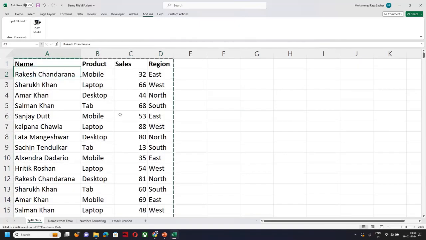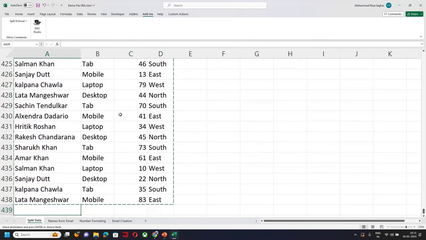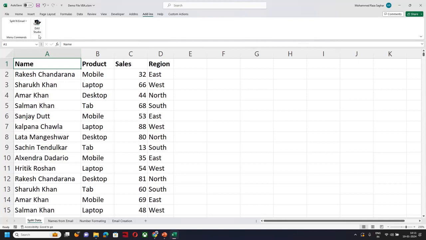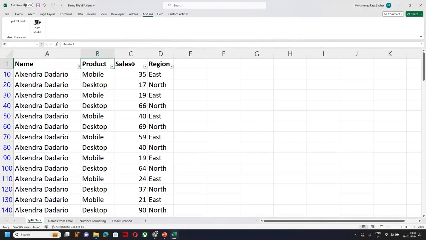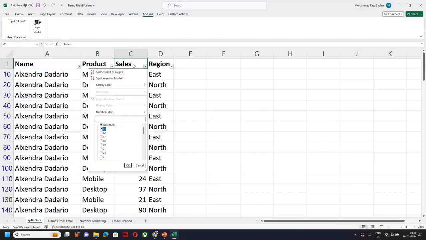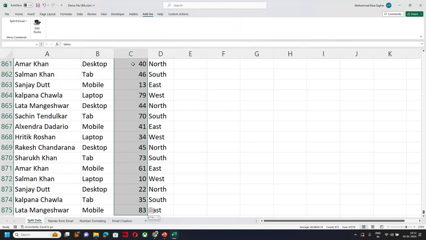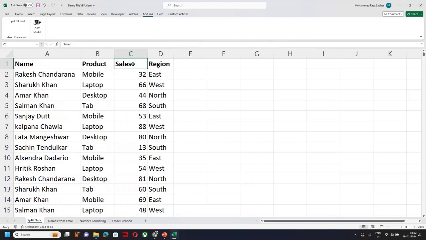I'll copy this data and increase the number of rows. So I have more rows now. Let's try to split it with cells. Now cells, if I select here, I select a person's name and select, let's say, one of the cells values. So I'll at least have two rows. Okay. On average, let's say if I have data of 875 rows, there could be around 400. I don't know how many files will be there. So let's try to create them. We'll see how much time it takes.